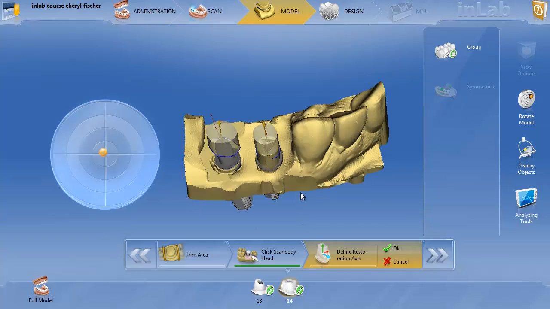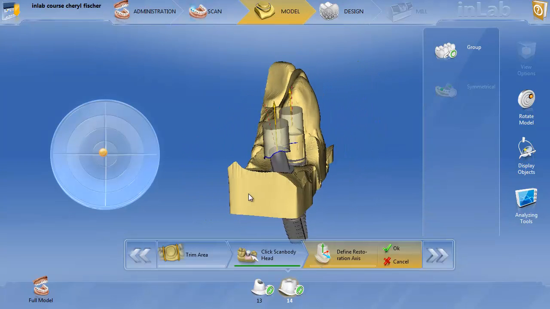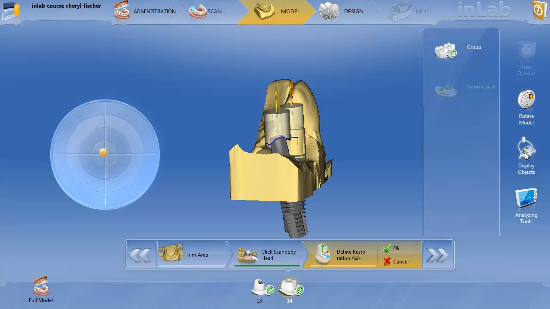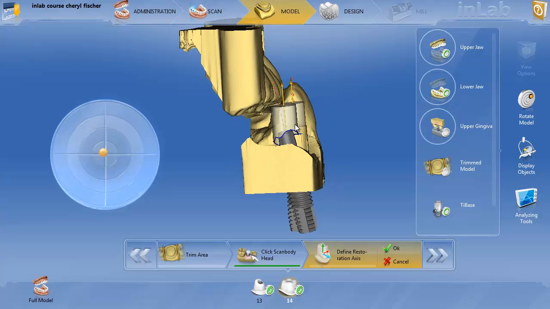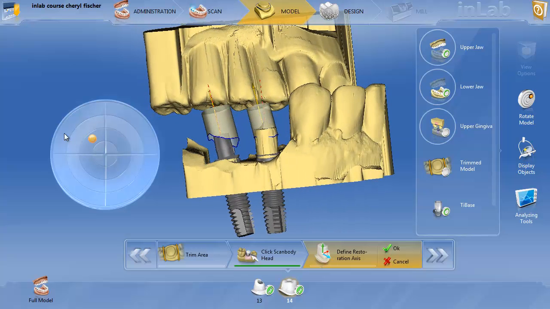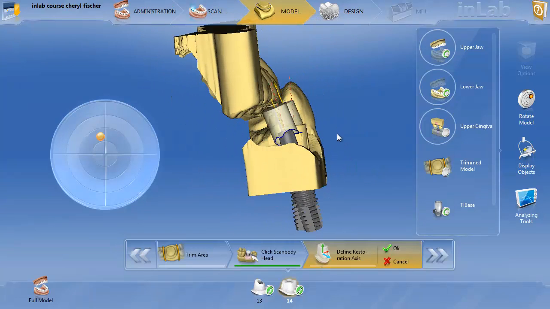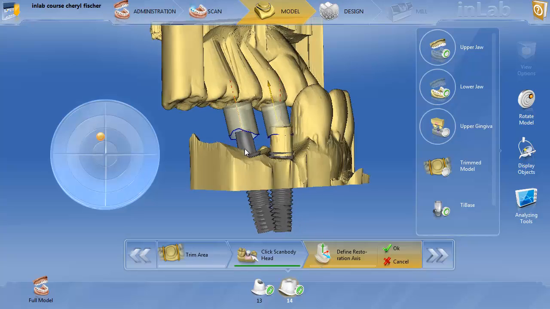But really the most important thing that you want to realize when doing this is you want to bring up the opposing dentition. So let's go bring display objects, bring up the lower jaw, and you want to see how the bite is. Knowing that if I want to get these teeth in the correct plane, if I put my custom abutments on that buccal lingual axis, it's going to be very difficult to get these teeth correct. So we're going to have to bring these back to the lingual, and then again straighten them from the buccal. Somewhere in there is what it's going to take to get custom abutments at the right angulation